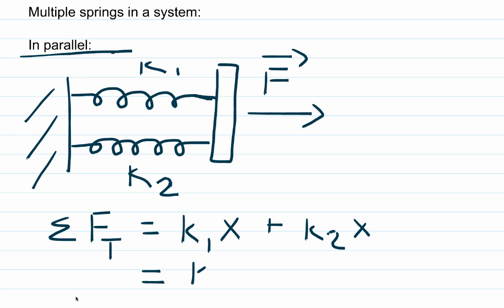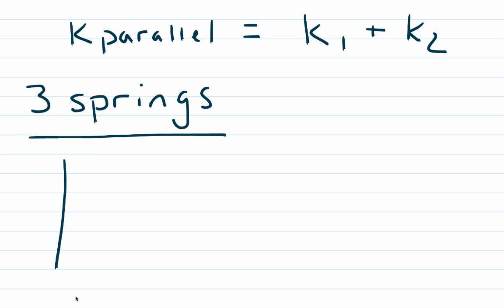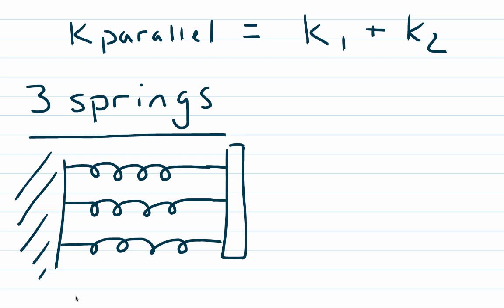So both of these springs will be forced to stretch by the same distance x. That means we can define an equivalent spring constant, K parallel, to be the sum of the two individual spring constants. Now if we add a third spring to the mix, the top one will be K1, the middle K2, the bottom K3, a similar mass will be at the end, and a force will be applied on the mass